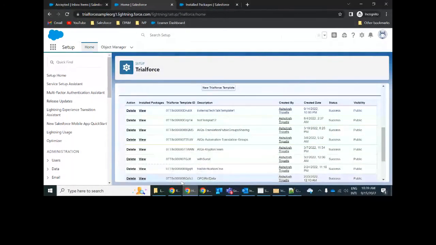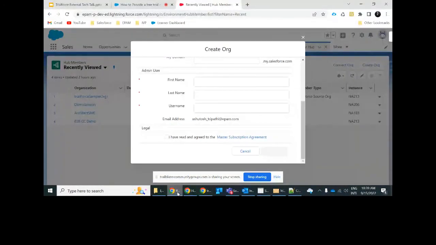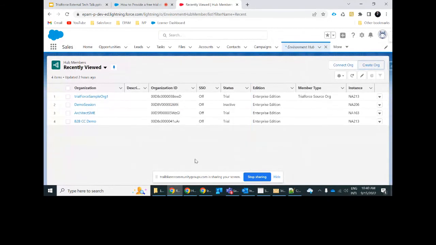Yes, Astos, we have two questions. One: does the environment hub also support test drive? Sorry, can you come again? Does the environment hub also support test drives? No, no, it is available on your partner community. When you log in to the partner portal on the publishing console, if you have ever published an AppExchange application or managed package solution, there you will have that tab.